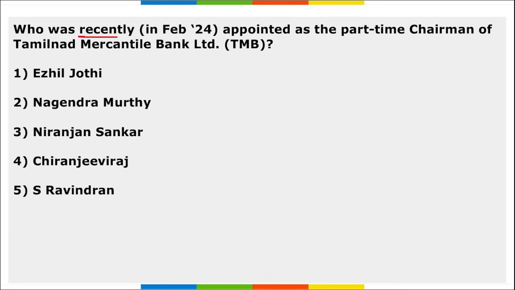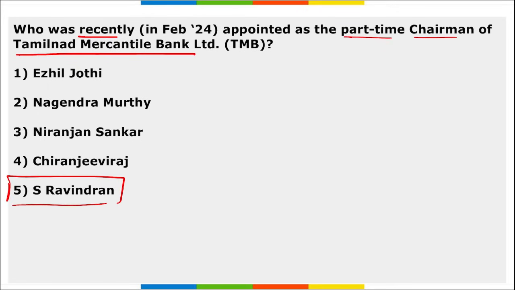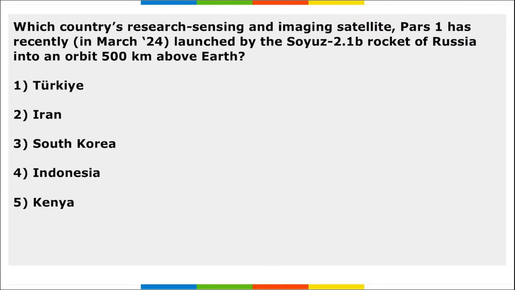Next, who was recently appointed as the part-time chairman of Tamil Nadu Mercantile Bank? So S. Ravindran. S. Ravindran has been recently appointed as the part-time chairman of Tamil Nadu Mercantile Bank, and currently S. Ravindran is serving as the independent director of TNB. Correct? Next, which country's research, sensing and imaging satellite Pars-1 has recently been launched by